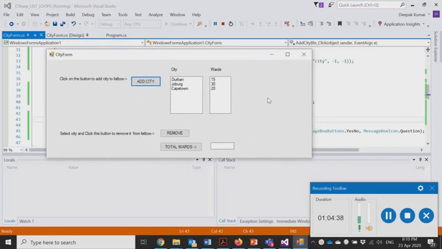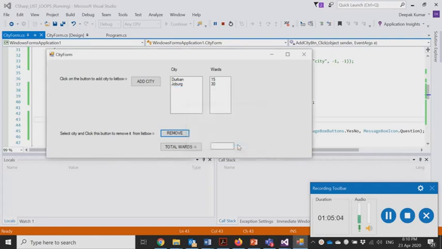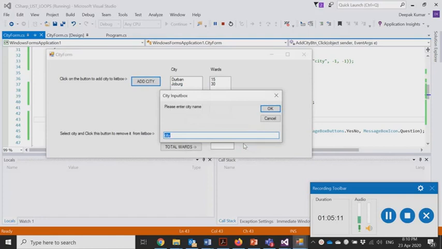So now we are here, and as I said, we have the flexibility. Say for example I want to remove one city from here, like Cape Town. I can remove it. This is just to demonstrate that the item index position is 2, although it appears in a natural count at number 3, because we count from 0. And you remove that item from there. Again you can click on add city, and you can add another city over here. So this time I'm adding